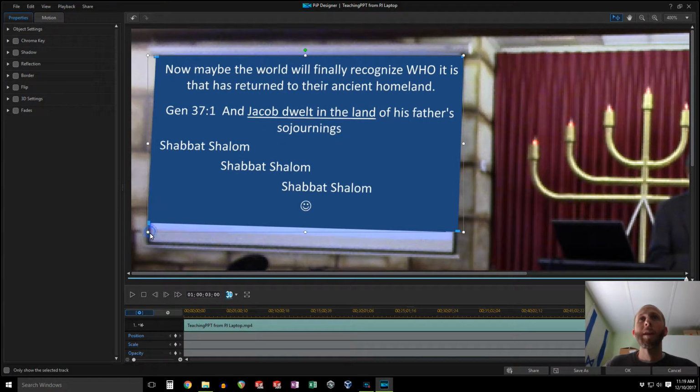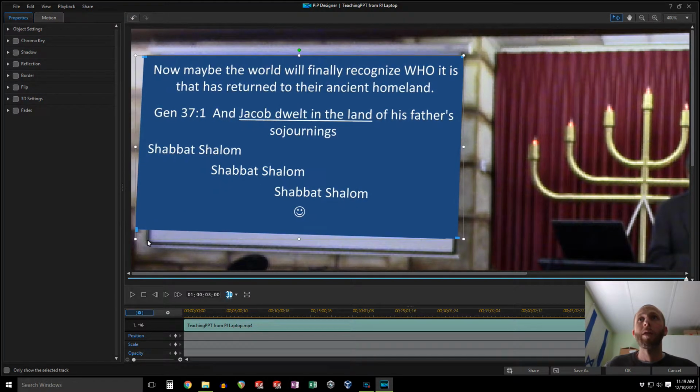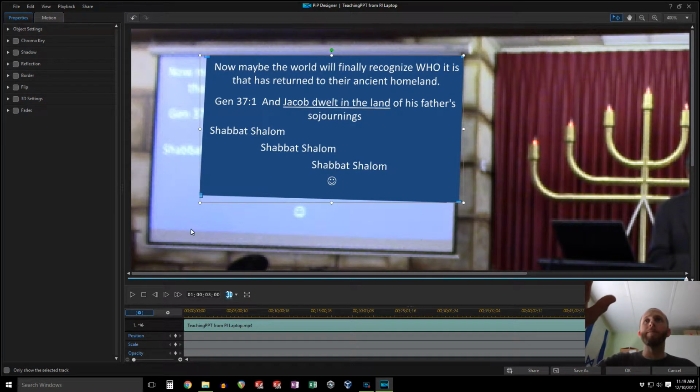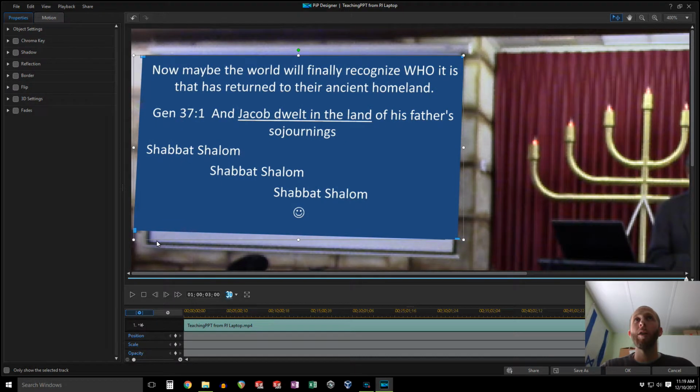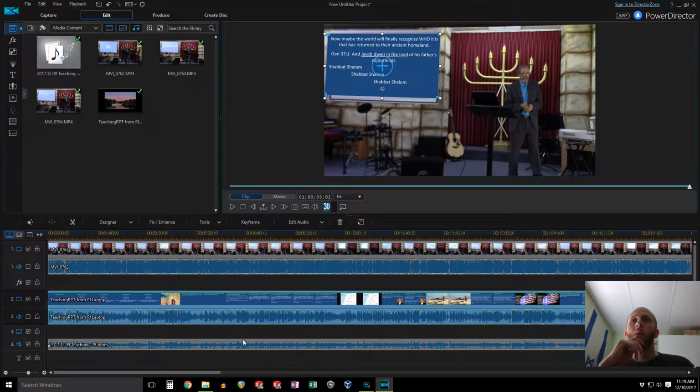Alright, so I'm actually going to drag this down a little bit further because right here we have a little bit of the original screen being displayed. So I want to just cover that up, so I'm going to just make our overlay a little bit larger. Alright, so now we have the PowerPoint overlaid. So now,